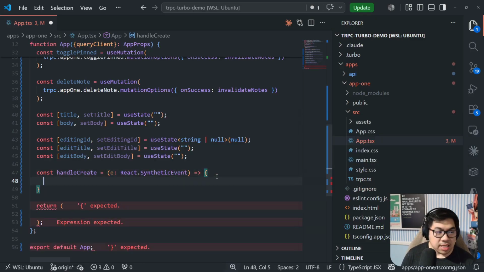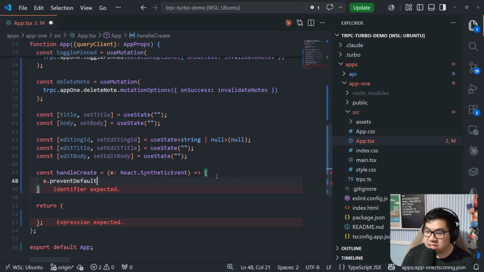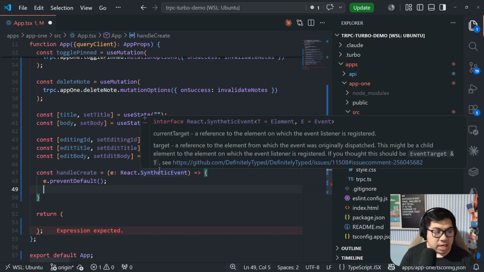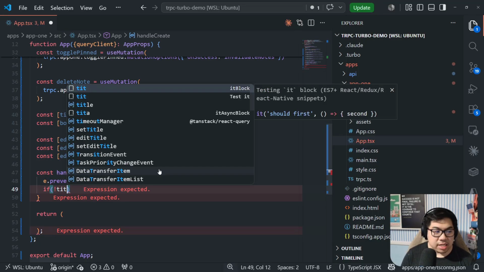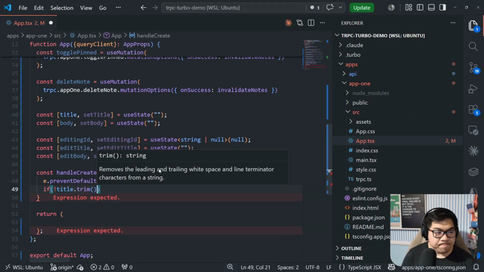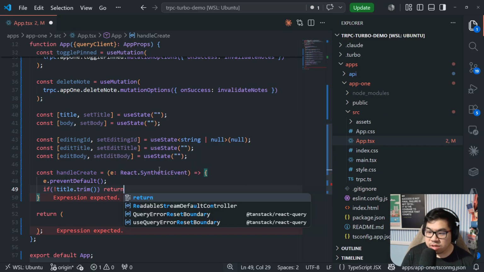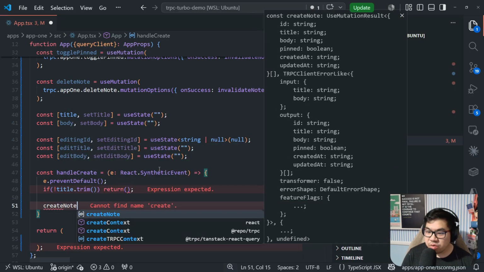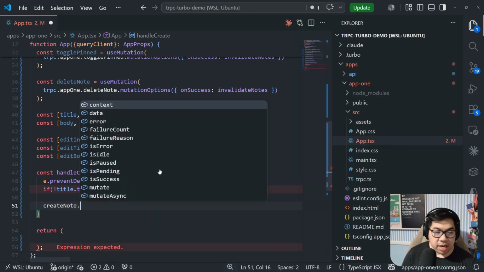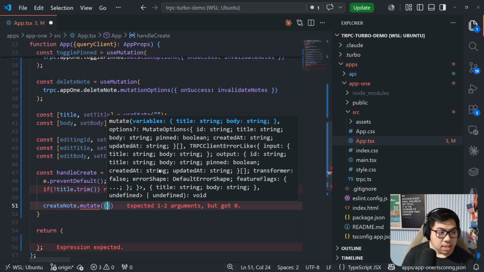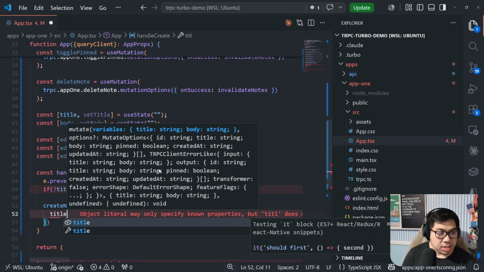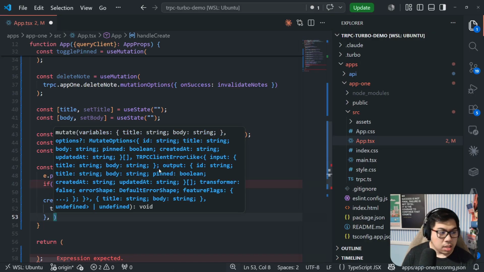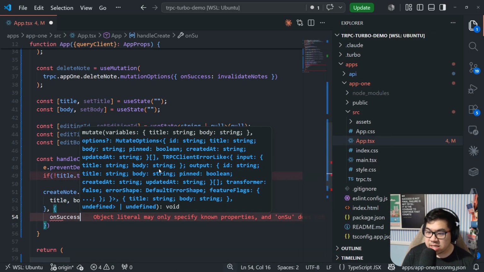Great, and let's see, e.preventDefault(), and then if not title.trim(), then return. And I'll explain all of these after I've written this. createNote.mutate, title, body, and then on success,